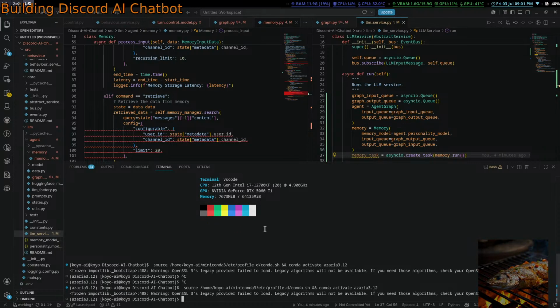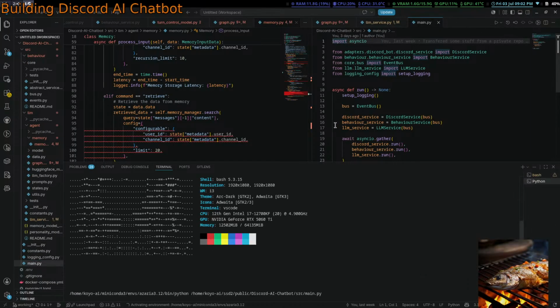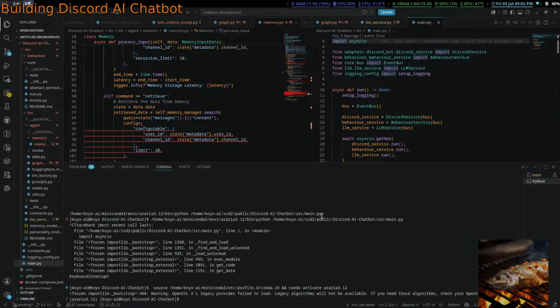It broke. Why did it break? Why is it not loading? Why is it not working? Where is main? It broke again. What?